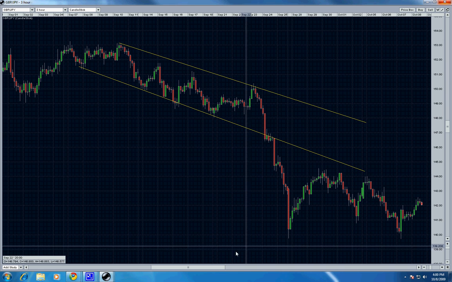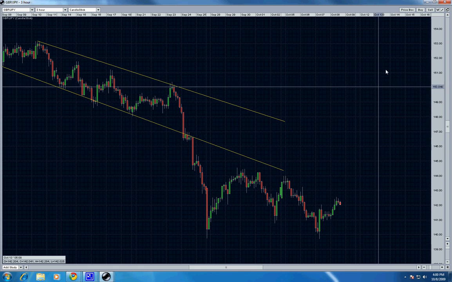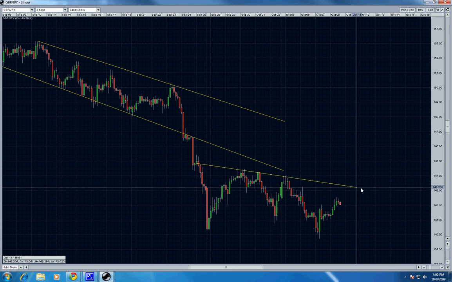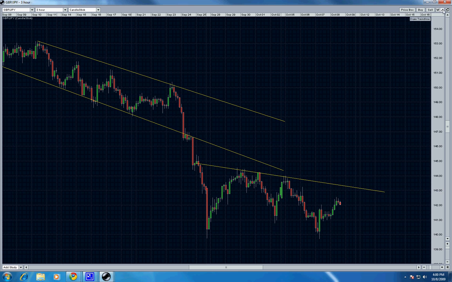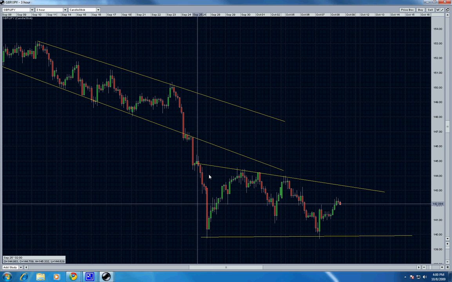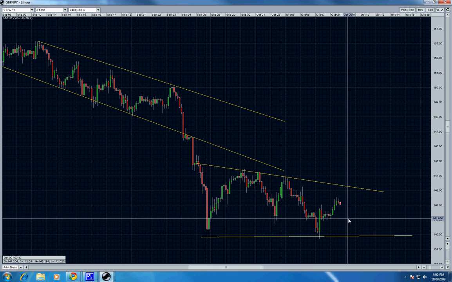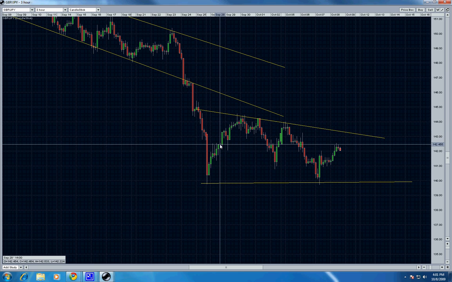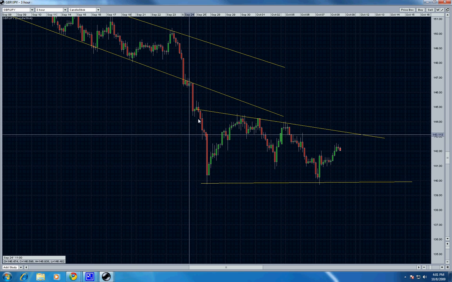And right now, it's not really in a channel. It's kind of in a triangle, and I call these continuation flag triangles, or there are different terms. There's a pennant term, but pretty much it's in this channel here, this channel pennant, whatever you want to call it. And this is basically a breakout or continuation pattern, but you don't really know if it's going to go up or down. So what you watch for the price to do is break out between these two lines